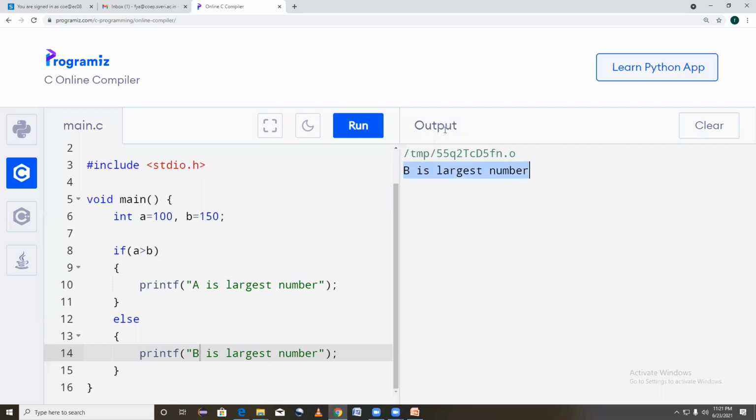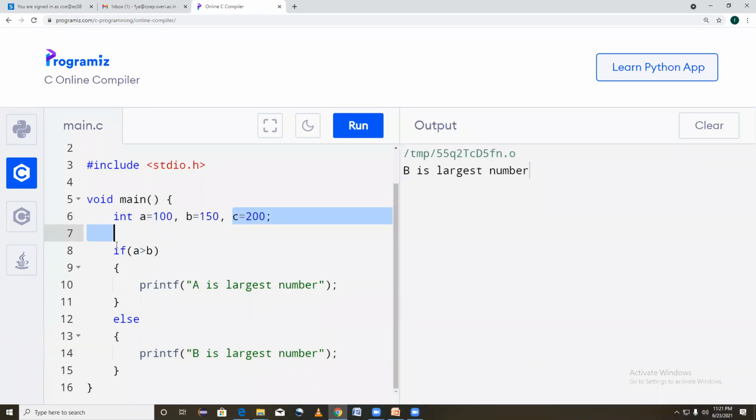But what I want to find out now is, if I have one more number, let's say C as 200, which one is the largest number? C is the largest number, right?